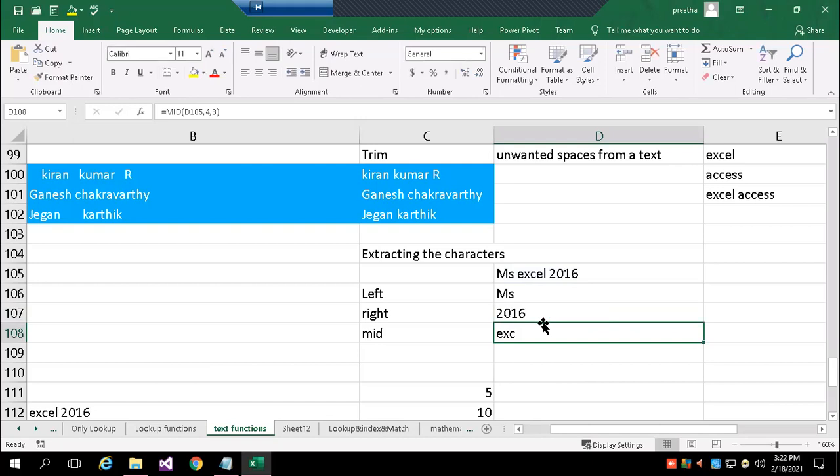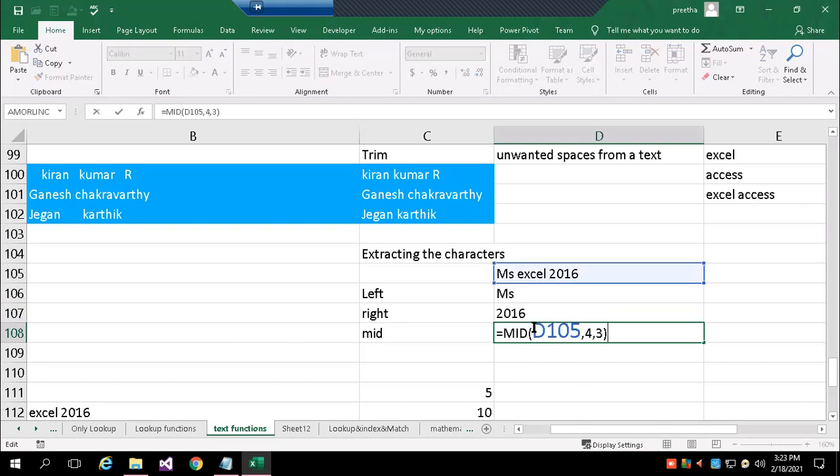So from a text, I said left you can extract, right you can extract. Similarly, from a text I want to extract from the middle of the text, then I can use MID. From the text, from the fourth place, I want three characters. If you do counting, M is the first letter, S is the second letter, space is the third, E is the fourth.